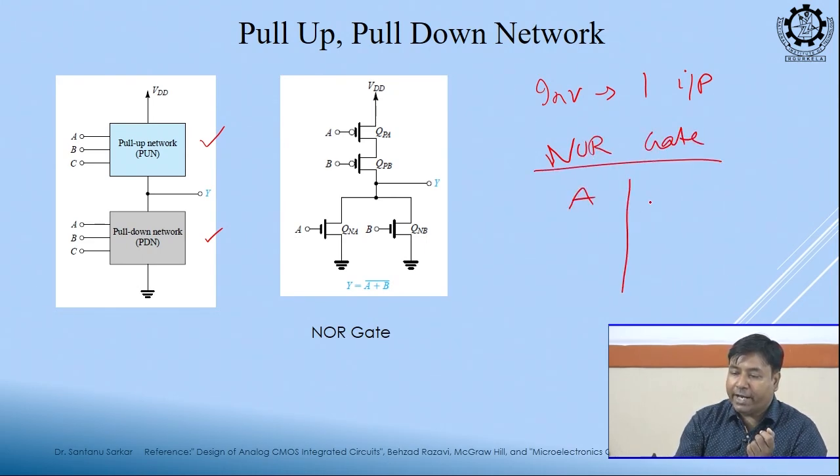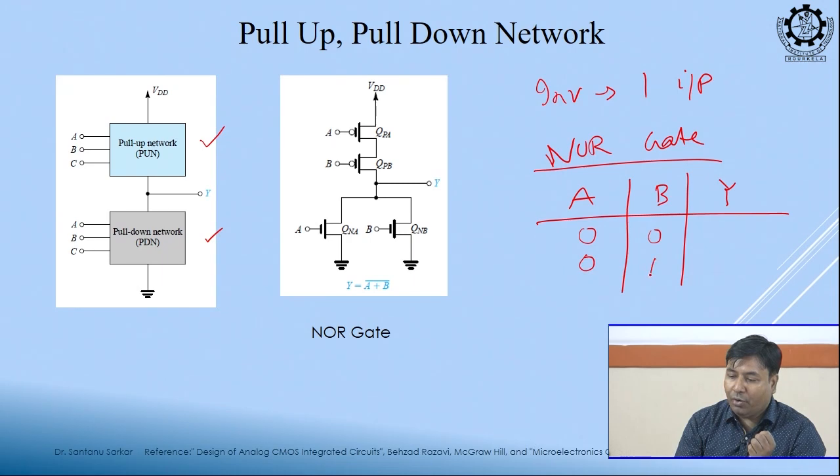How many inputs can I have? Say 2 inputs. Say A, B are my inputs and Y is my output, right. So, what combinations can I have? Truth table: 0, 0, 0, 1, 1, 0 and